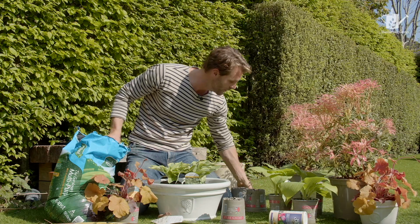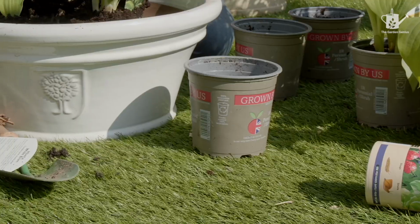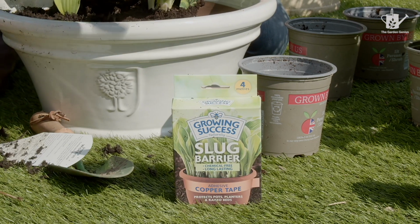But I much prefer slug barrier tape. This is copper tape. Slugs don't like that at all. It gives them a little mild electric shock. And there you go. You've got yourself instant quick fixes to make